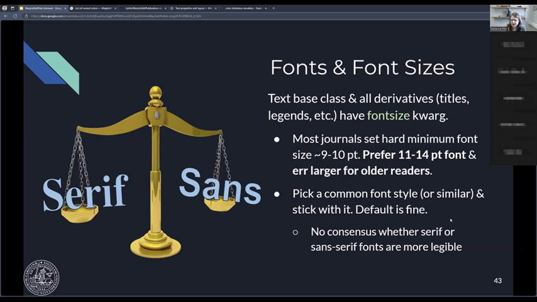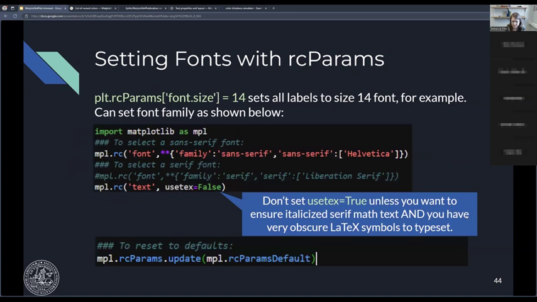And you can do that. You can do that at the top level. You can do that at the level of individual plots. It's up to you. The way you can do that,